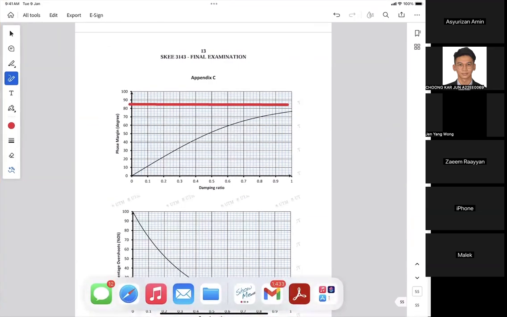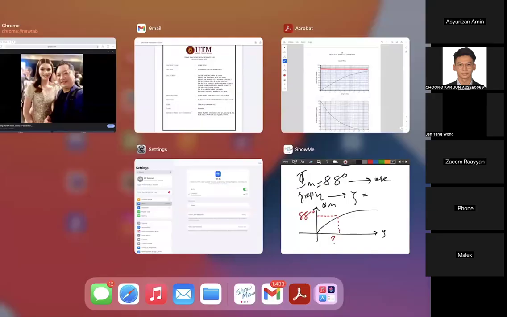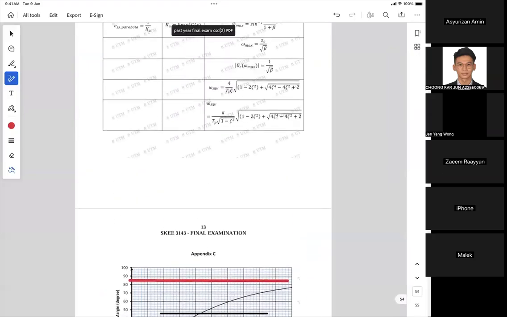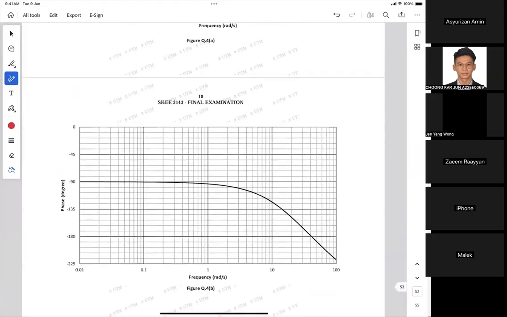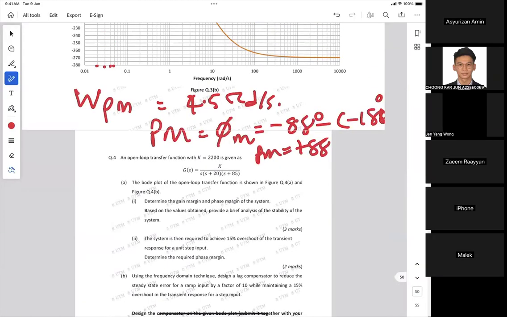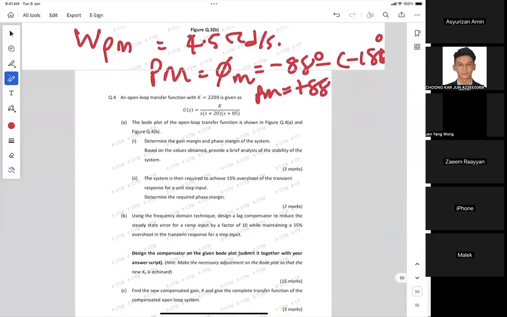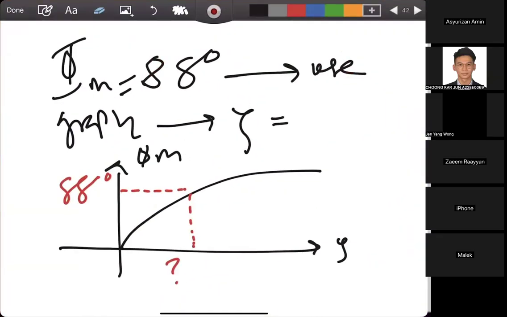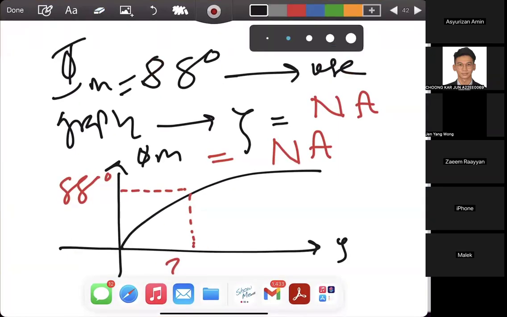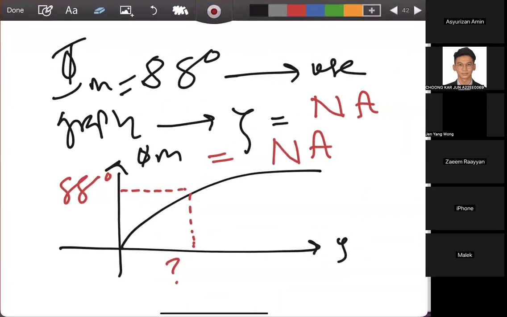Oh, no. How come they give such a question? Whose question is this? But the phase margin is correct, right? 88 degrees. Okay. Not applicable. Just answer there, not applicable, because you cannot see 88 degrees from the given graph. Who made this question? Right. And then the